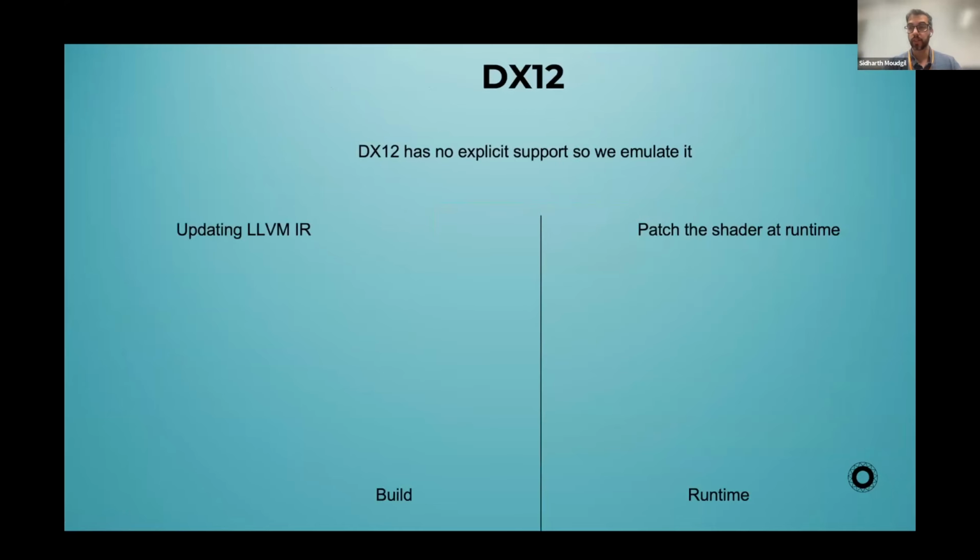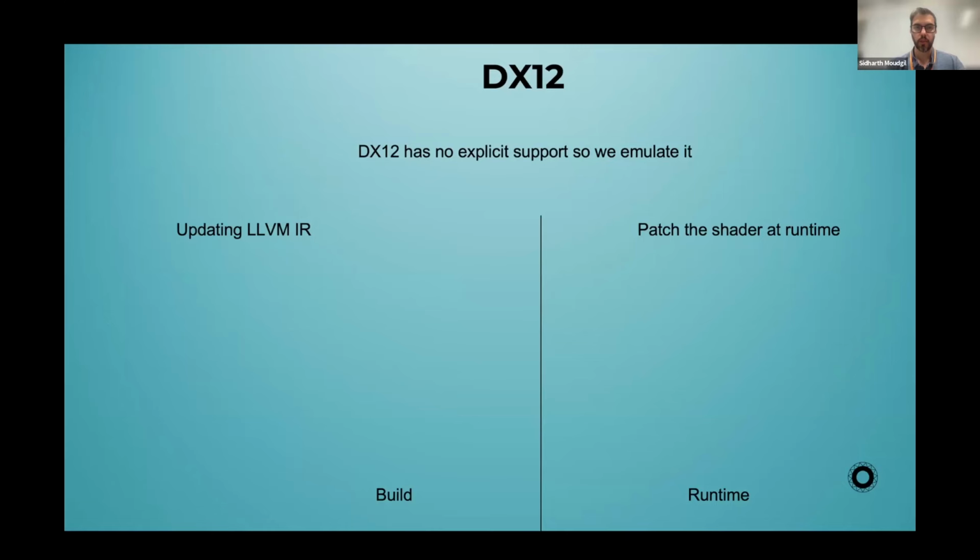DirectX 12 is a big deal. DirectX 12 actually does not have explicit support. And we essentially have to do a fair bit of trickery and hackery, and big kudos to Akio again for pulling this off. This is kind of technical, so I'm just going to touch the key points here. The thing is that this support is very important, because if you don't have DirectX 12 support, then you release a game and you don't have shader variants, then it's not going to work on DirectX. So we needed support across the board for all the APIs. So for DirectX 12, we essentially hacked it in.